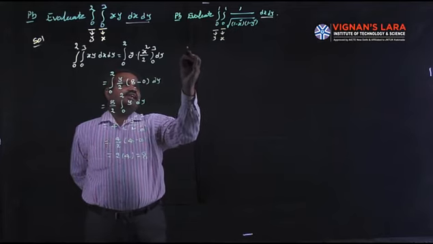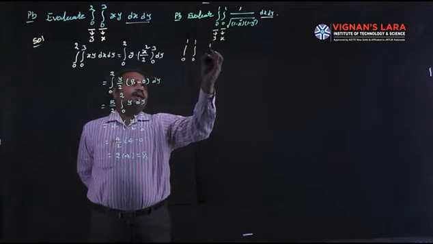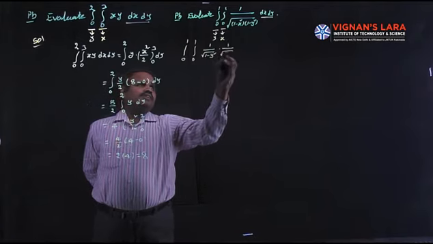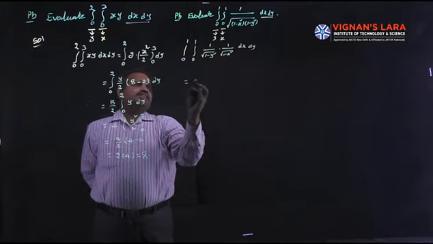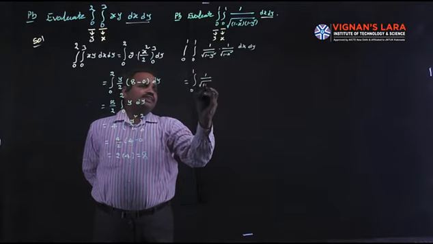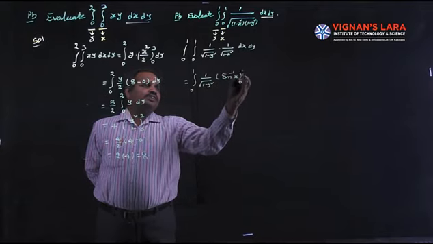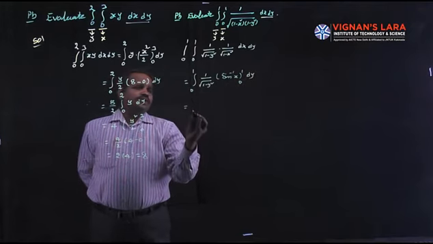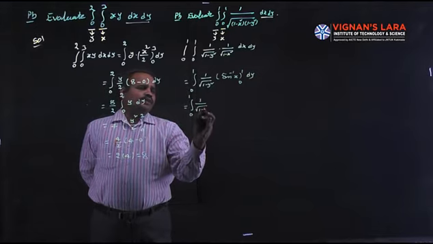In the same way, consider 0 to 1, 0 to 1, 1 by root 1 minus y square into root 1 minus x square, dx dy, which is equal to the integral 0 to 1. With respect to x, y is treated as constant, and the integral of 1 by root 1 minus x square is sine inverse x, limits 0 to 1, into dy, which is equal to the integral 0 to 1 of 1 by root 1 minus y square